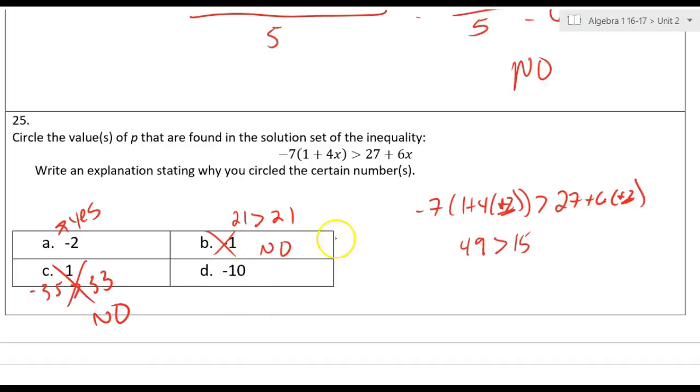Try negative 10. So now it's going to be negative 7 times (1 plus 4 times negative 10), and I get 273 there. That's supposed to be greater than 27 plus 6 times negative 10, and I get negative 33. So is 273 greater than negative 33? Answer is